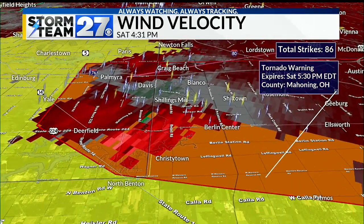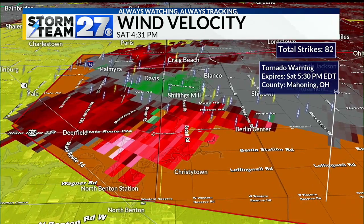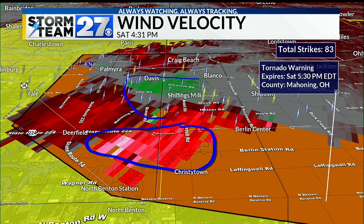And what we're looking at here, I'm just going to go ahead and show you what we're watching. These colors mean a lot to us. You see this brighter red color currently right down here along 224 off to the south, and I'll circle this. This is air going away from the radar. These darker colors are air going toward the radar. This tells us that we have strong rotation in this area right here,